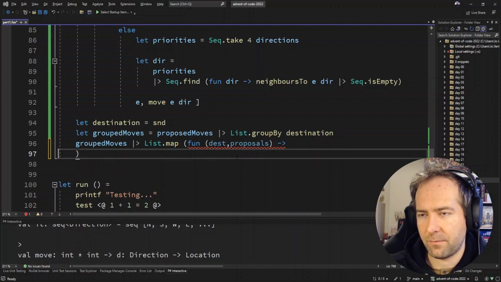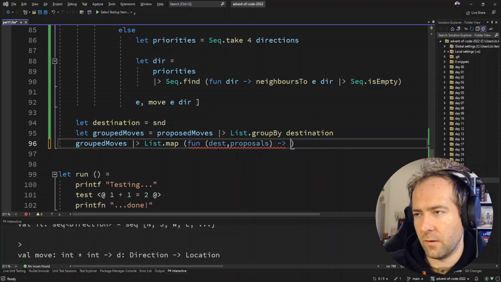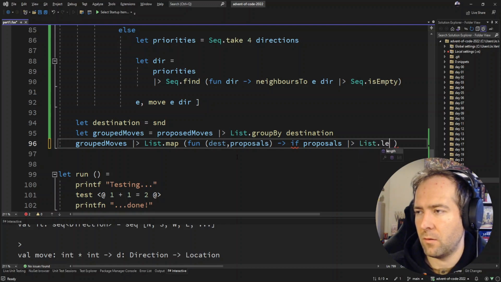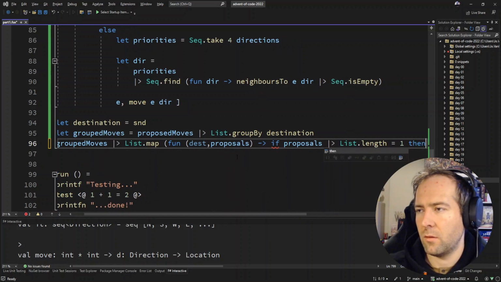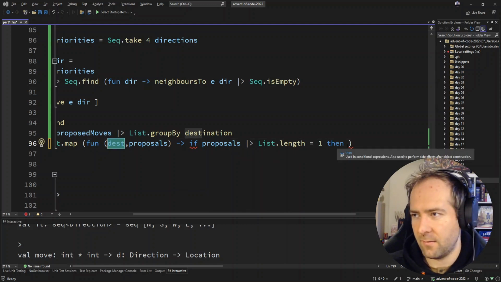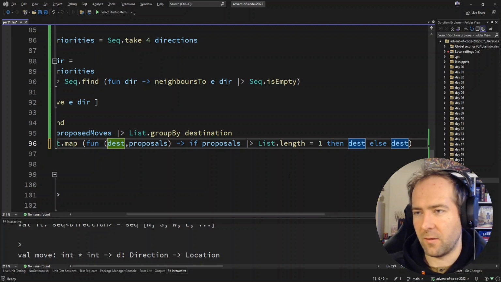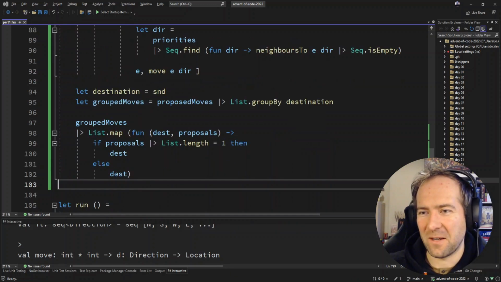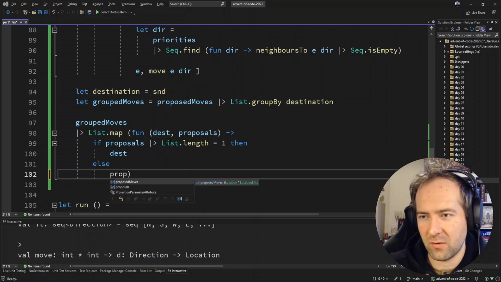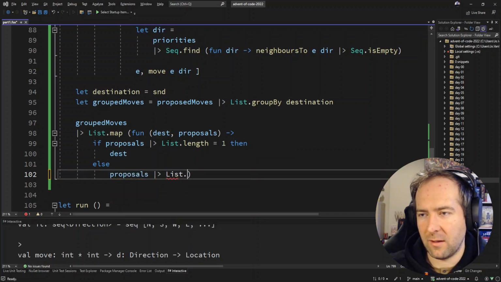So if our proposals, if we are the only one trying to go there, or if there's only one elf trying to go to dest, it's dest. And otherwise, it's not dest. Otherwise, we have a collision and we just return the original locations. So that is proposals, list, map,